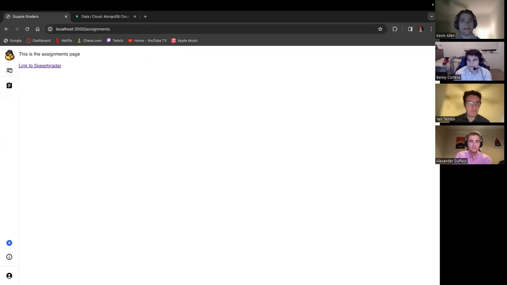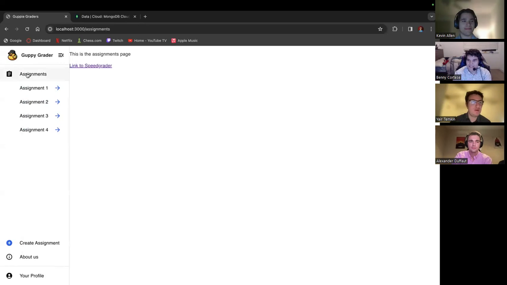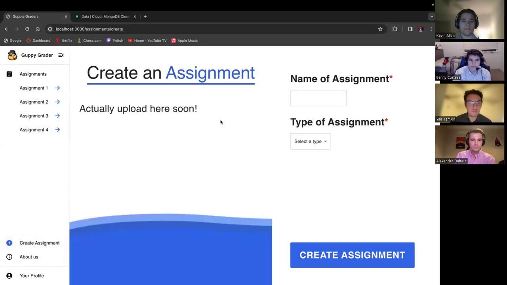And now Yair will talk about the sidebar. Yeah, so I developed mainly the sidebar portion. Navigation does not currently work at the moment, but as you can see, it shows a list of assignments that our graders can look into. And it'll take them to that assignment page. You're also able to create an assignment, look at the About Us page as we showed earlier, and go to your profile. So if we were to click create an assignment, it'll bring us to this page